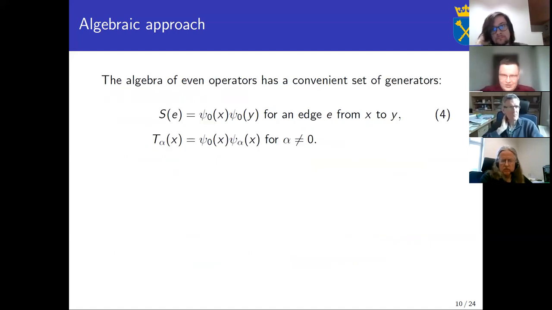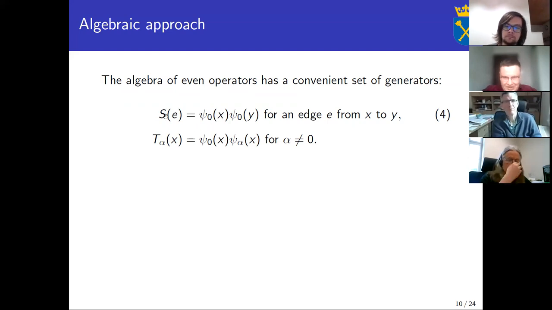In order to find representations, it is convenient to use some generators of this even subalgebra. By generators I mean certain operators, here denoted S_E and T_alpha(x), such that every element of the algebra can be written as a polynomial in these elements. What are these generators? First of all, for every lattice site, I choose some special value of this index alpha, which is distinguished. So there is some asymmetry built into the mapping that I'm constructing. I treat this special value alpha equal to 0 in a distinguished way.